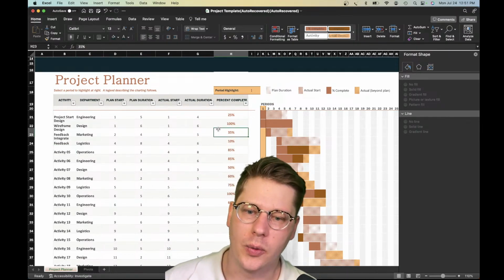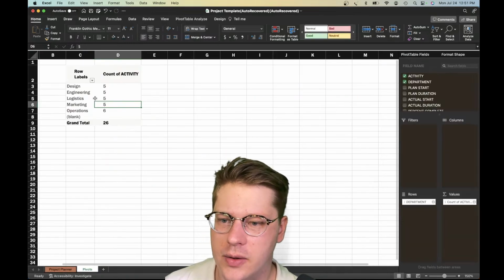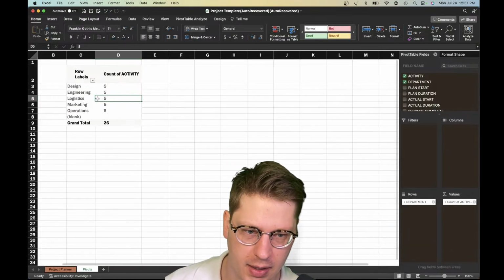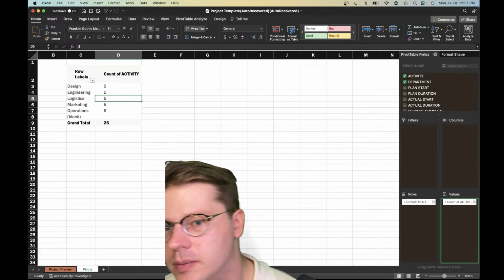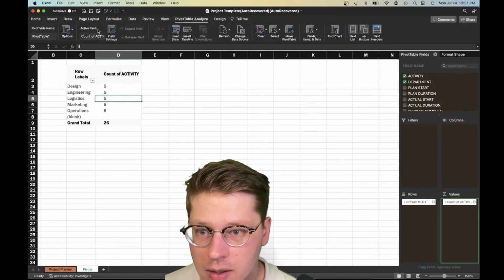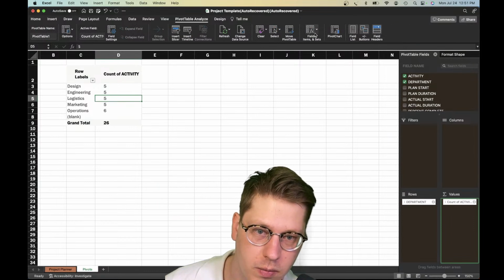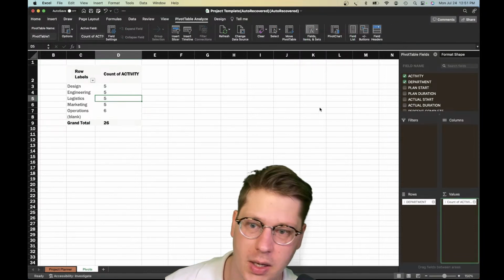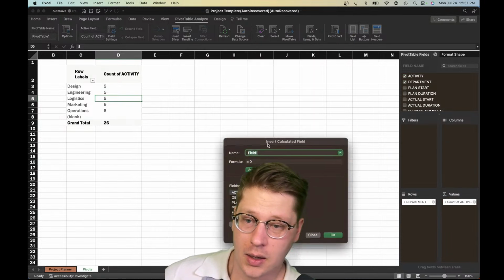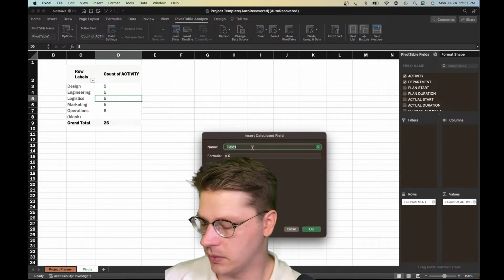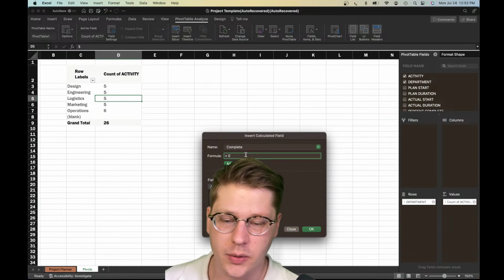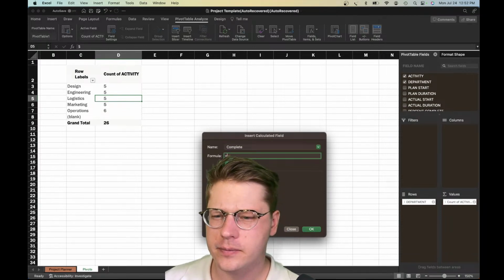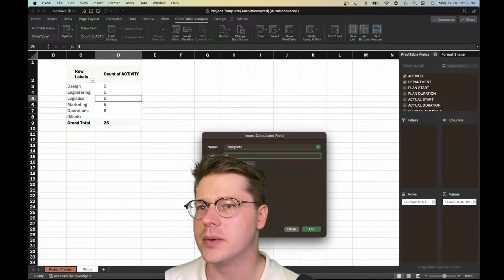So let's see here, I think we might be able to add a calculated field to our pivot table to do this. I'm going to go to field items, calculated field. All right, so I'm just going to call this complete. So we want to say, what do we want this operation to be? Equals